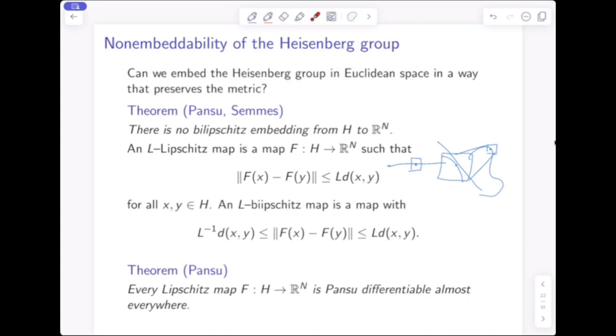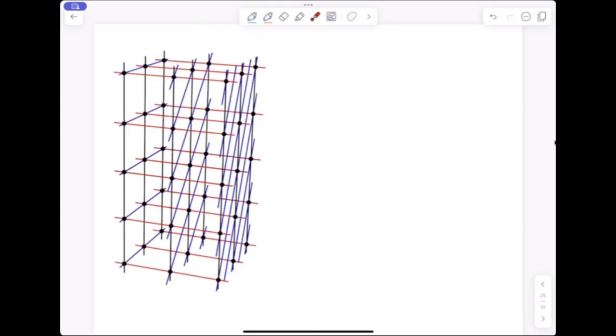Why is that? Why does that happen, and how can we avoid that? Well, remember our picture of the Heisenberg group. The Heisenberg group is made up of these red lines going in one direction, and these blue lines going in the other direction. And so, if we take a Lipschitz map from the Heisenberg group to Rn,